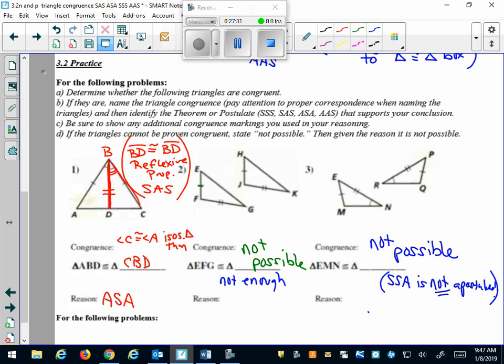There's one other combination of these letters that's missing that you might have thought of, and that is AAA. We have SSS. We don't have AAA. Why do we not have AAA? Can anybody think of why? If you have two triangles, let's say a 90-degree angle, a 60-degree angle, and a 30-degree angle, if I make two triangles with those